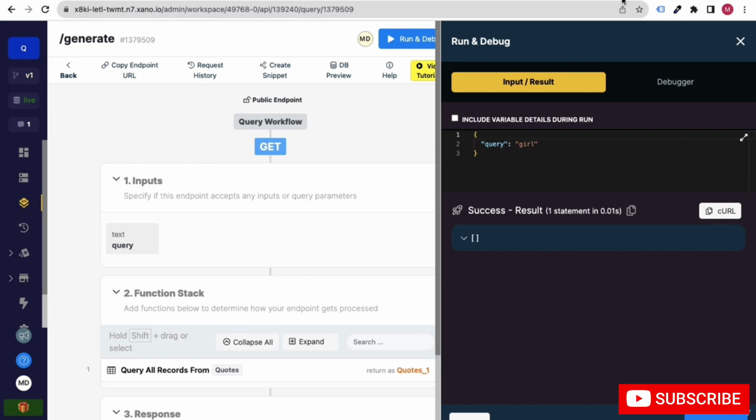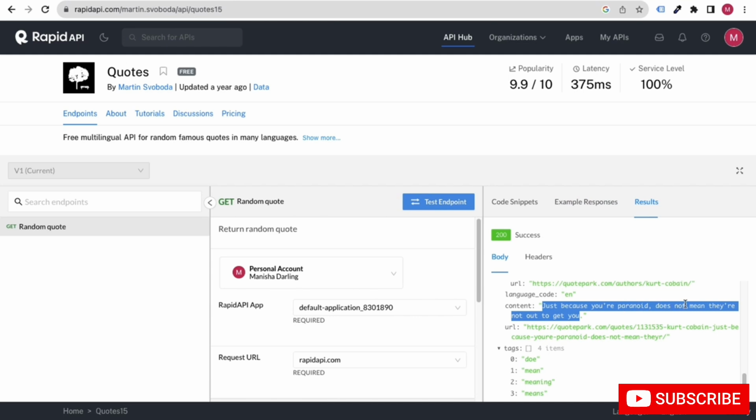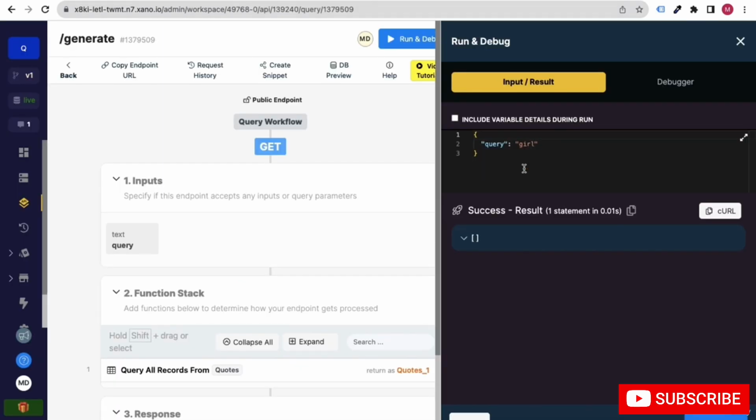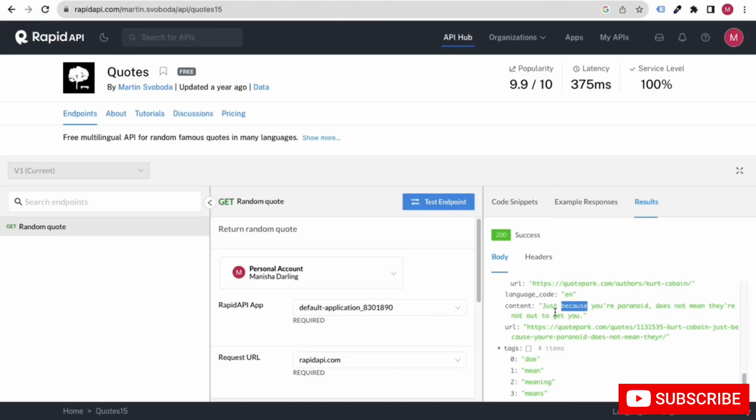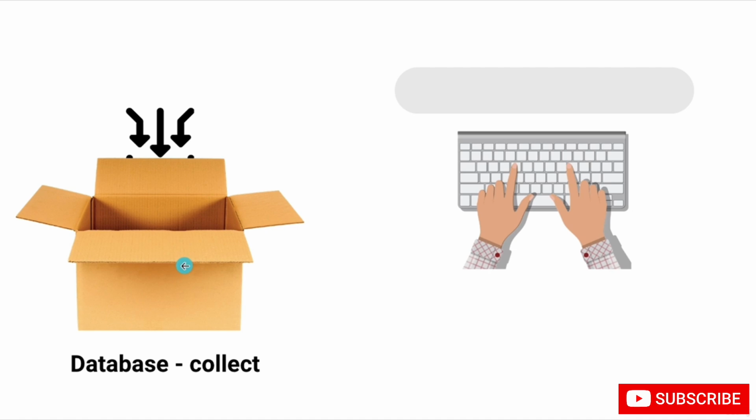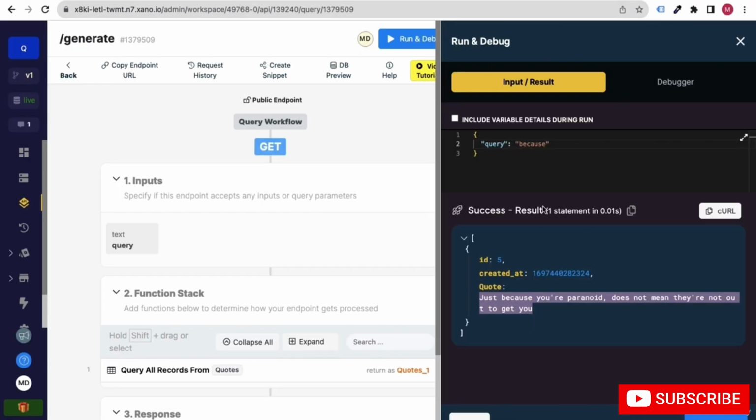But if I put something else, let's say "because", okay, we have something related to "because" in the query. If I put "because" and rerun it, you will see it gives the same result here, because we have put this data inside our database. So when someone searches for something, let's say "because" in the input, the user will get the code which contains that particular keyword, and that's how this is showing. Great, so we can see that it's working just fine.